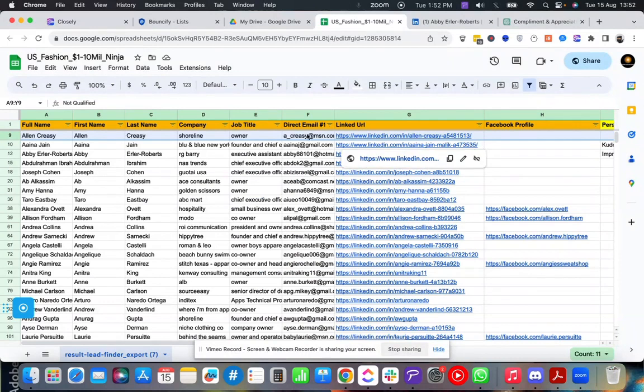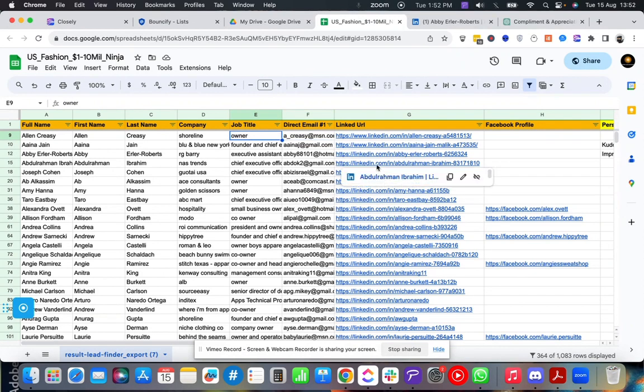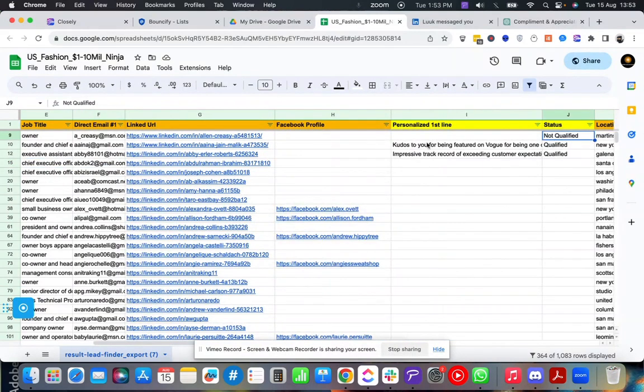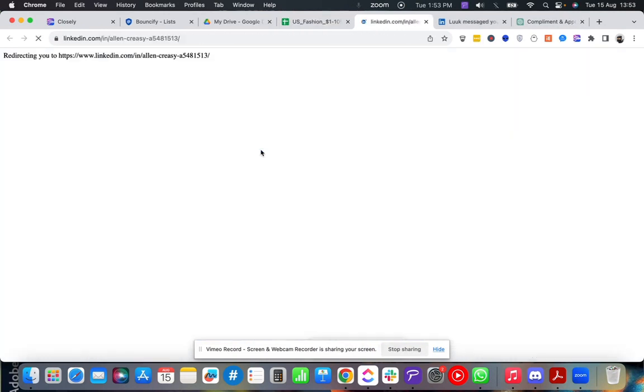Now all these email IDs are technically valid to send, but from a business perspective we need to check every profile and ensure that it's a valid prospect as per our qualification, as per the profile, etc., and we are not just reaching out to any random person. So for example, if you see this prospect, I've already put not qualified, and if you see this, right, once I click the LinkedIn profile link over here,